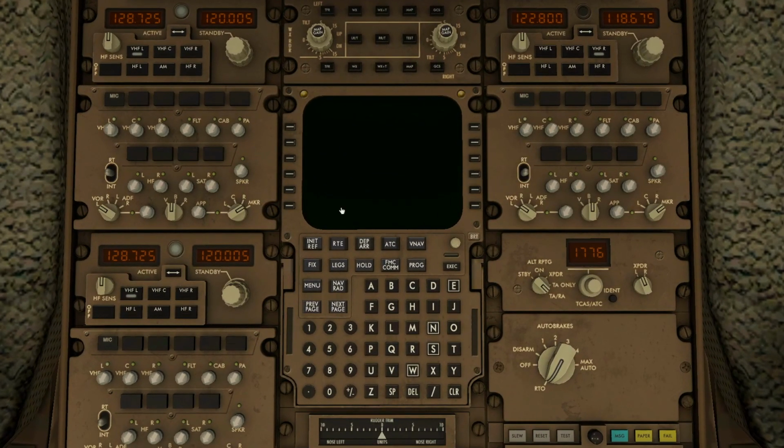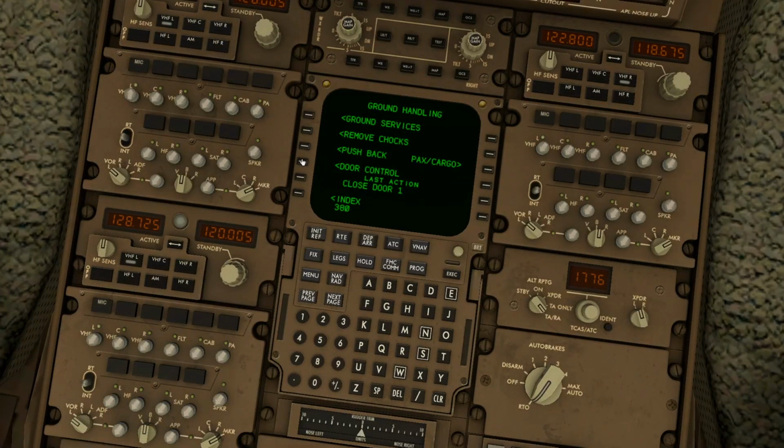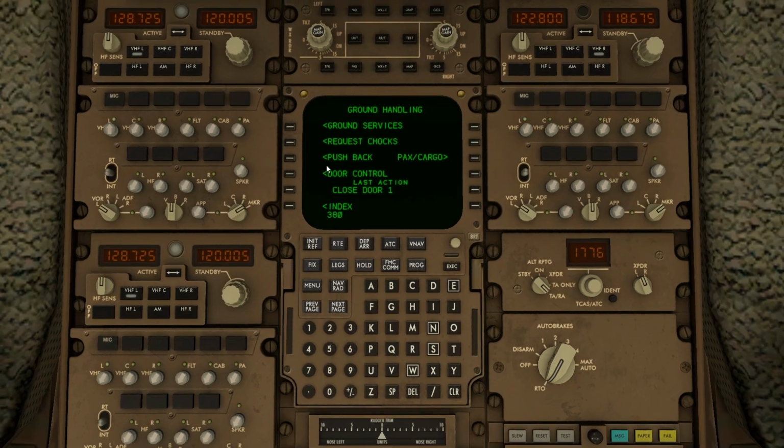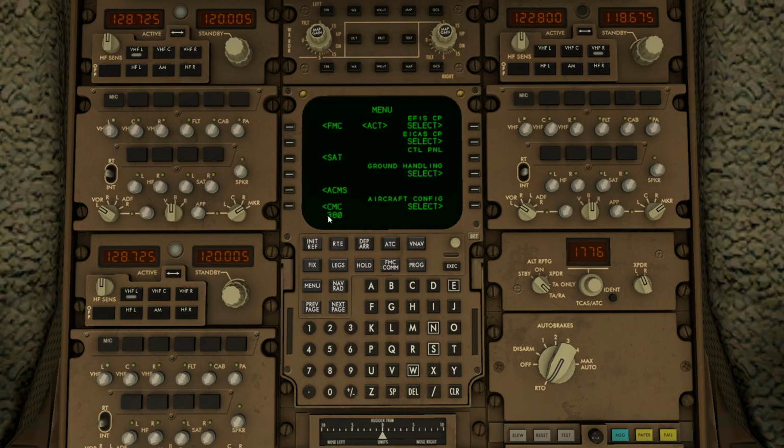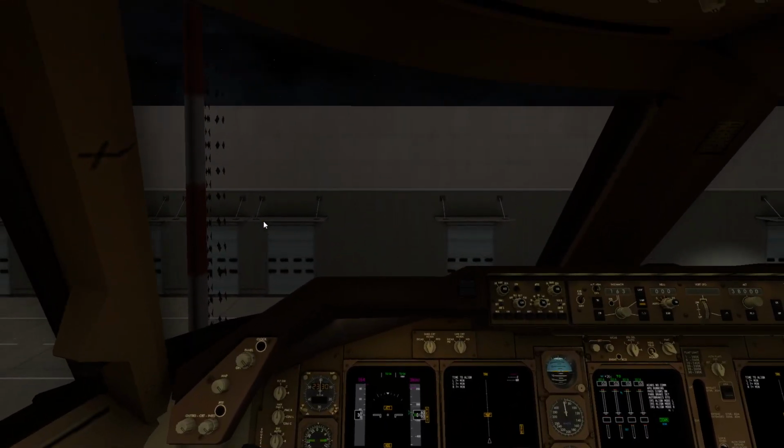Make sure ground handling. We can remove the chocks. Door control. Closed and closed. We don't worry about pushback for now. We'll do that. All right. So frequencies